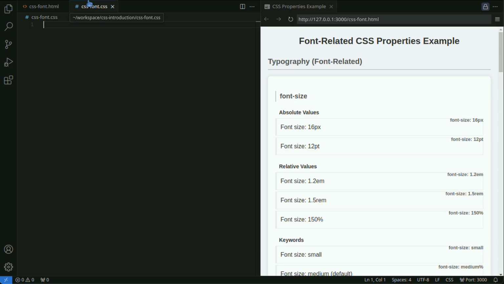On this channel, we provide useful programming information with practical code examples. This time, it's about font-related CSS properties. You can learn about the use cases and how to write properties like font style and font family. Enabling subtitles will make the code descriptions easier to understand. Please make use of it.